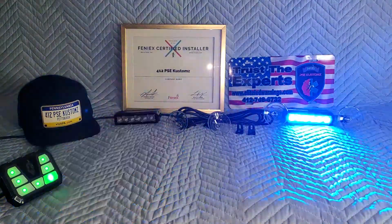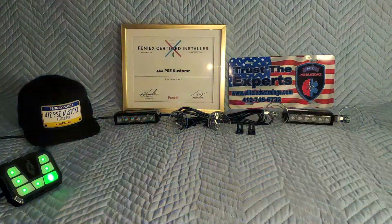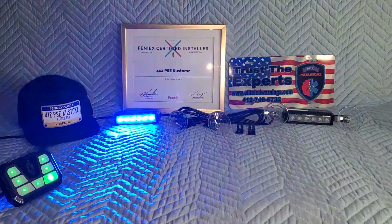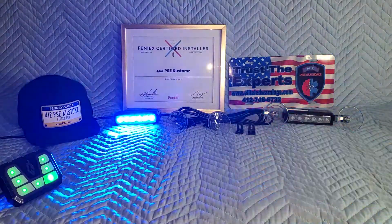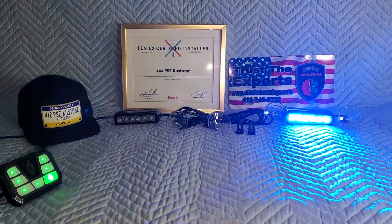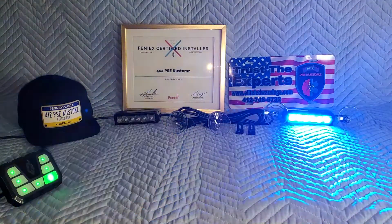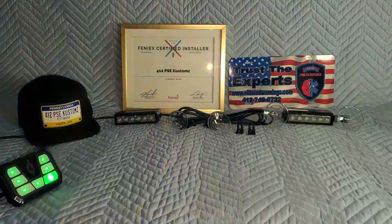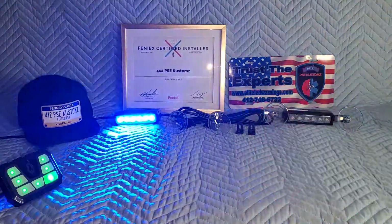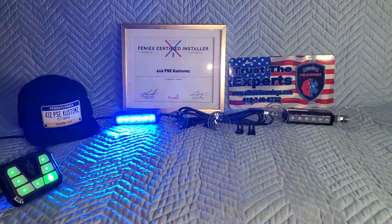Basically the reason we do these kits is that all of your professional certified grade equipment manufacturers' equipment is hardwire only, unless you're talking about certain things like magnetic mini bar. Of course, they always come with a power plug or some sort of controller, or the majority of dash lights will come with a throw and go plug. But the rest of the line is normally always hardwire, and if you're not proficient in automotive wiring or basic electricity, sometimes that can be a challenge. Sometimes that can be a little bit intimidating,